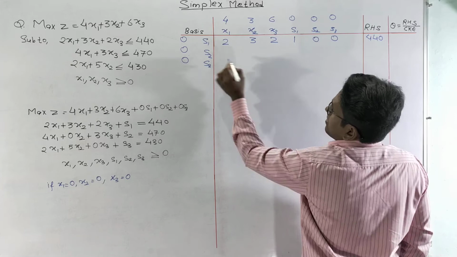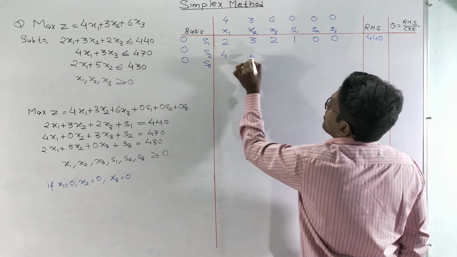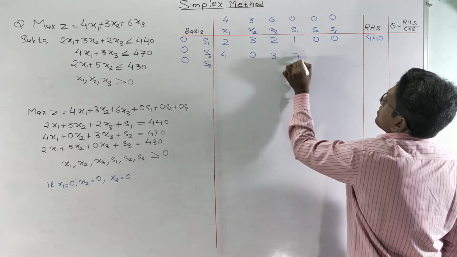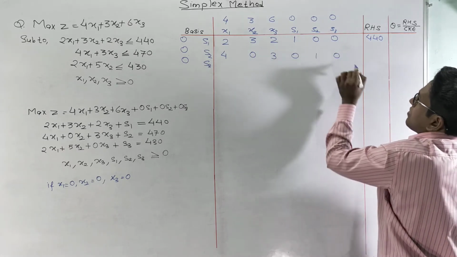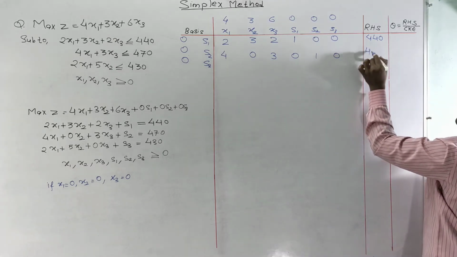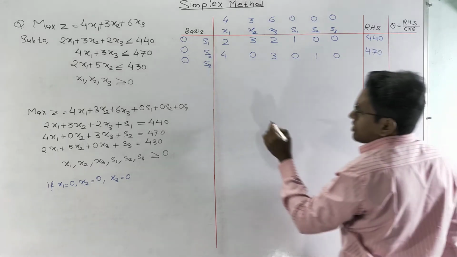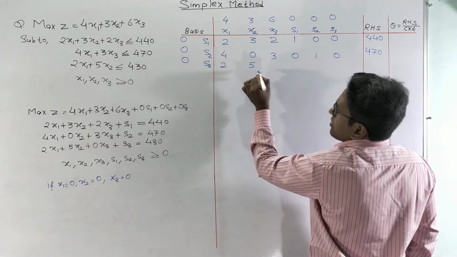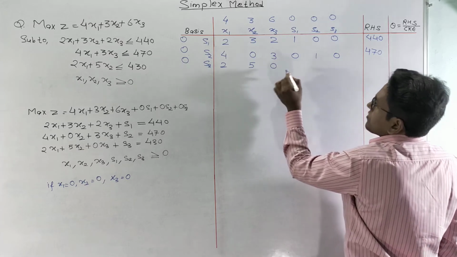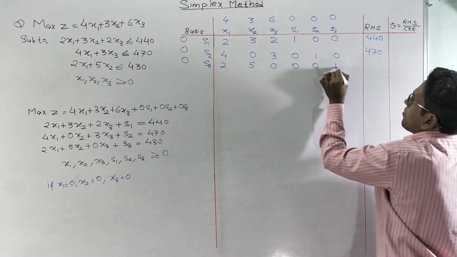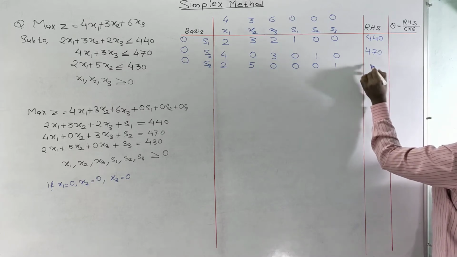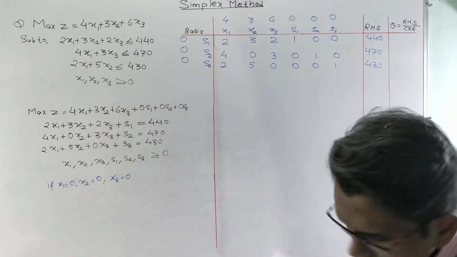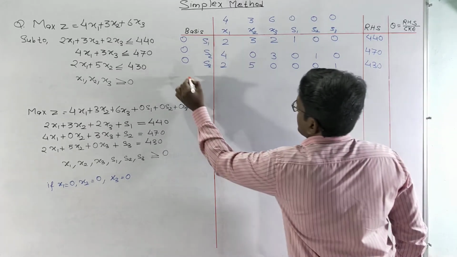Similarly for the second one it is 4, 0, 3, 0, 1, 0, and this is equal to 470. And the third one is 2, 5, 0, 0, 0, 1, this is equal to 430. So this is our first matrix,